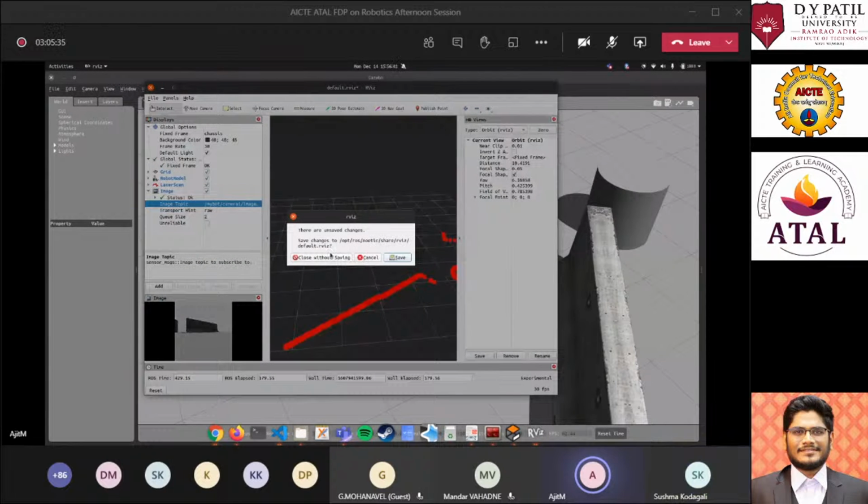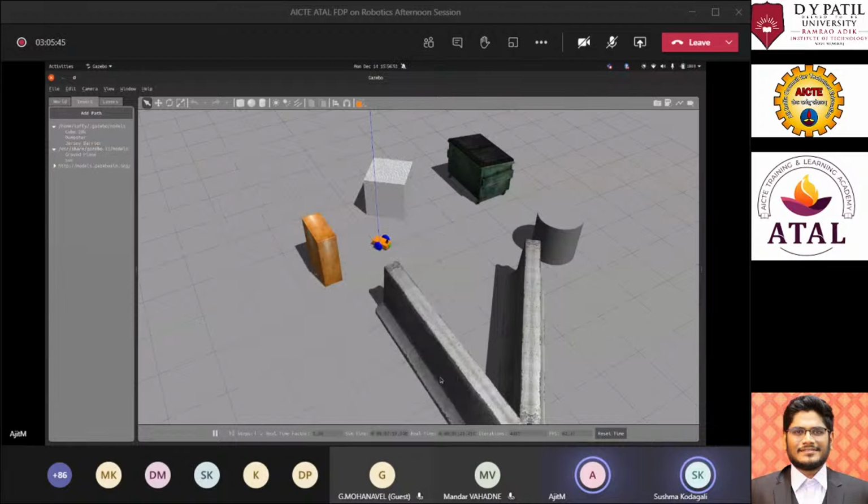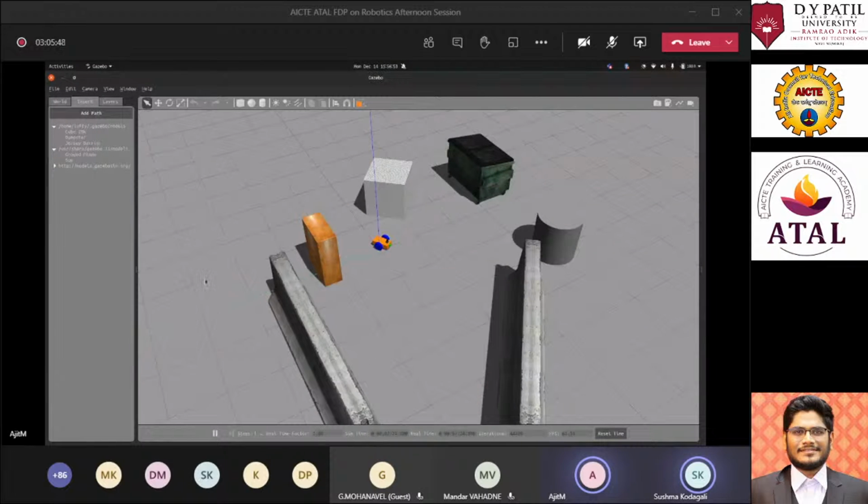So let's say this is a very basic world which I have created, and you want to have a different model in it. You can create your own models over here by selecting a model and putting it into this world.